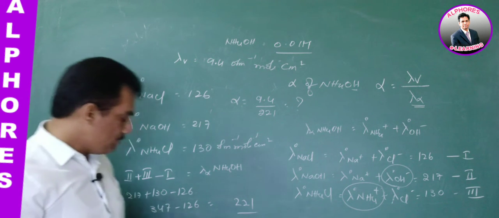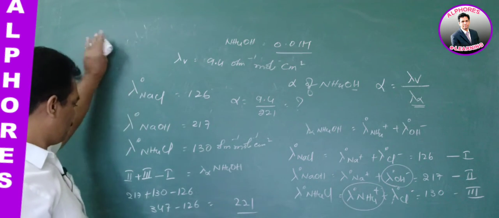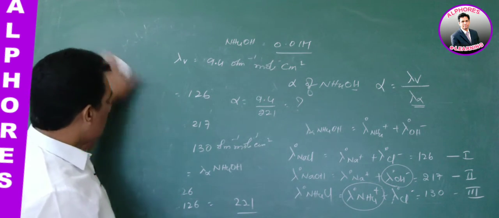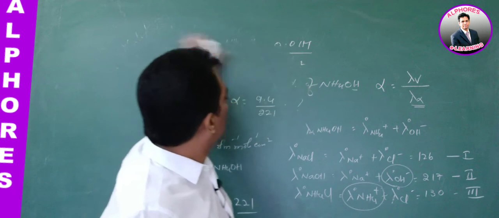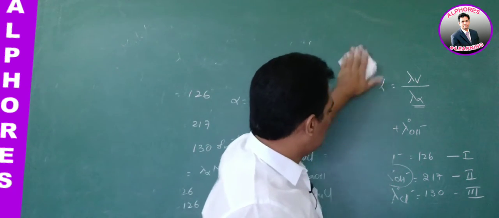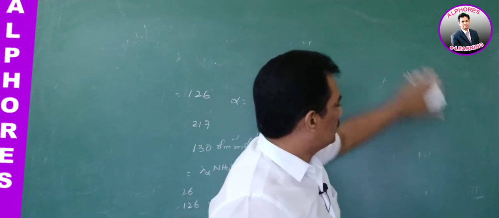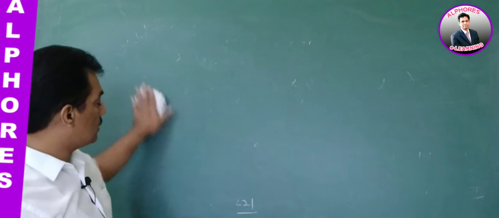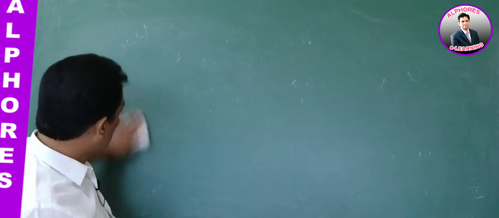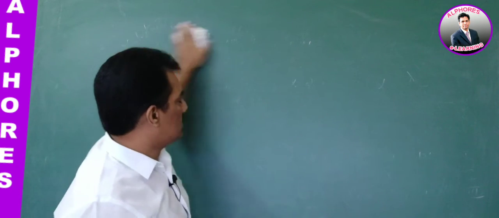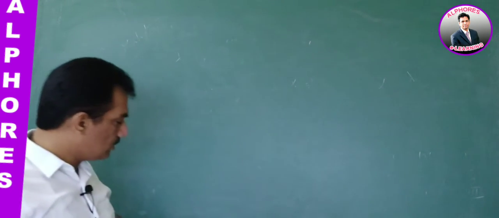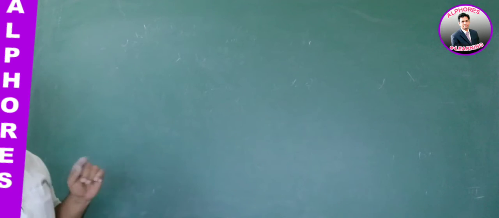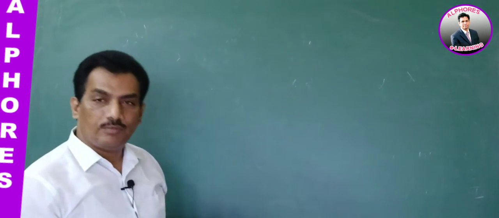Now coming to model 4. This model requires some understanding of how to measure alpha from the dissociation constants of weak acids like acetic acid or weak bases. In junior inter you learned about dissociation constants and their relation with the degree of dissociation.